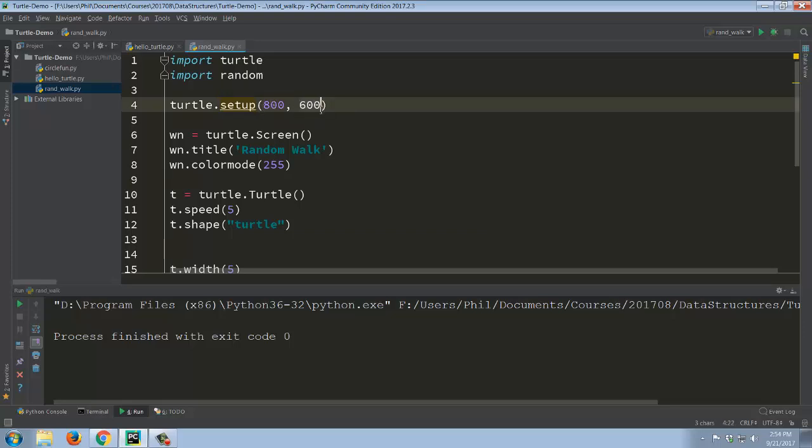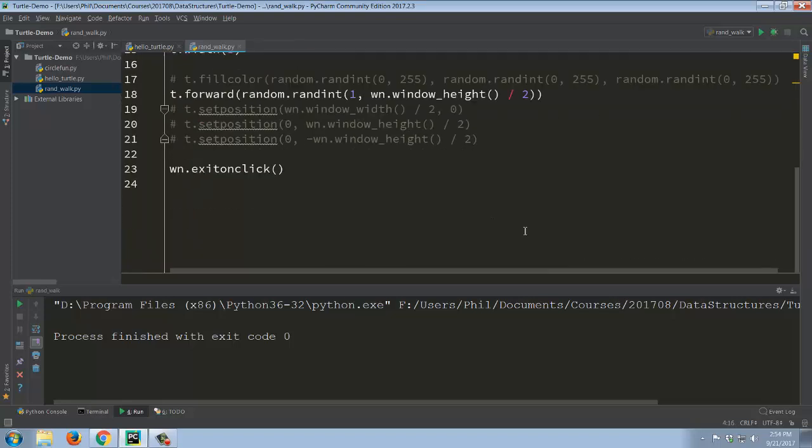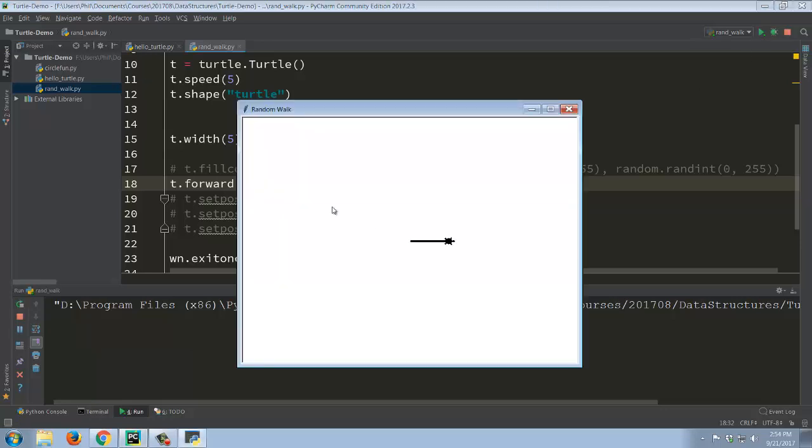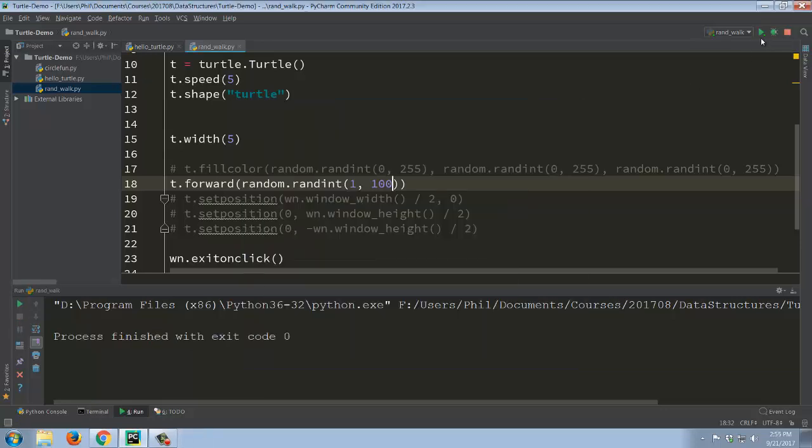So technically I probably want the height there to keep it on. And then again, I may actually want to keep it smaller than that. So let's say something around those things. So I could actually write it in those terms. I could just have something along the lines of 100, right? And so you notice when I run this, he moves forward some random amount between 1 and 100,